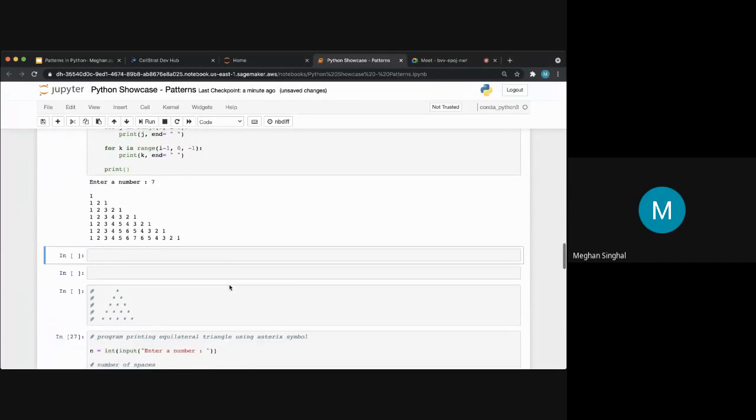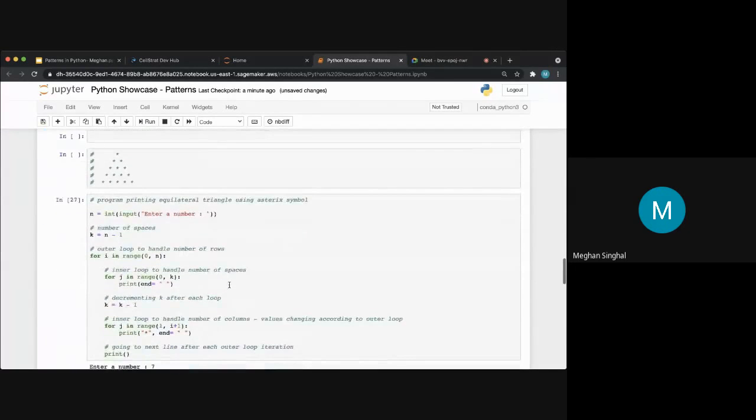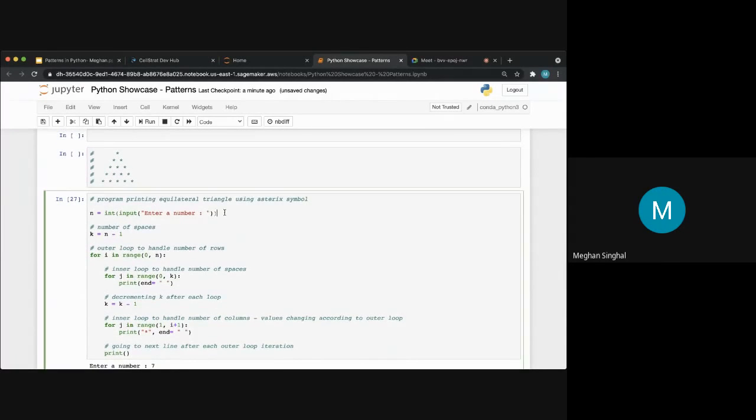Now let's move on to patterns of equilateral triangle using asterisk symbol. So this is a simple equilateral triangle. All we have to do is, again, we input the number of rows, and here we need number of spaces also. So we've assigned K is equal to n minus 1. Number of spaces because before this is printed, there's spaces over here.